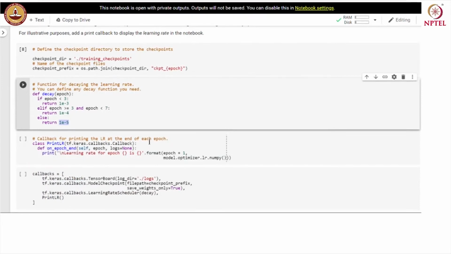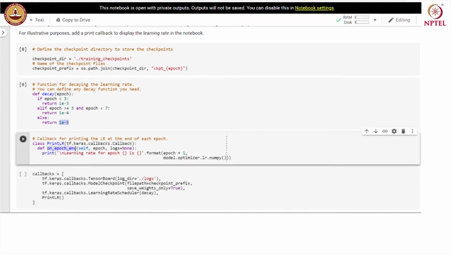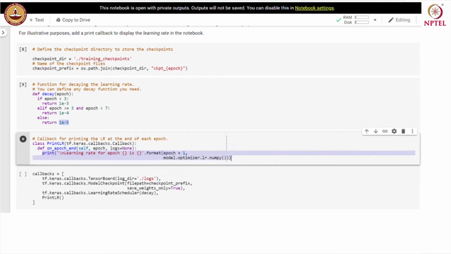Then we define a callback for printing the learning rate at the end of each epoch. So, we capture the on epoch end event, and at the end of the epoch we print the learning rate that was used for the epoch.